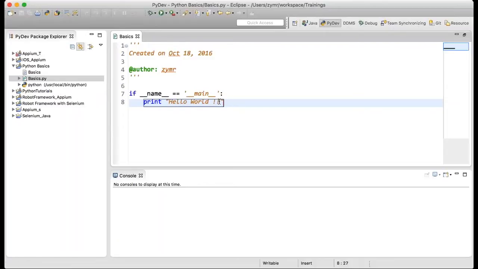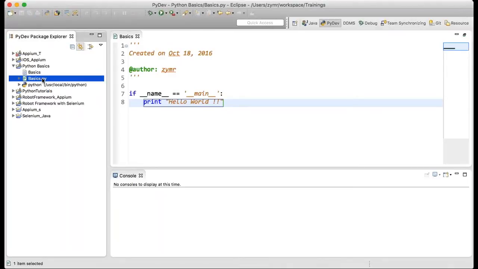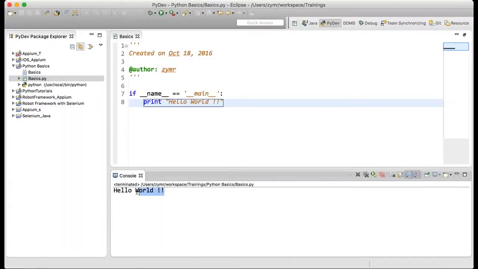Whatever strings you want to print as part of the output, you have to mention in double quotes in Python. Now I want to run this program. How will I do that? I will do it this way, run as Python run. This will print hello world in the console.